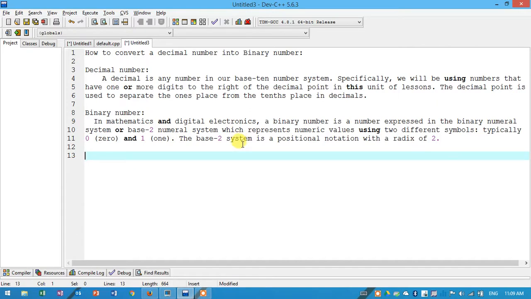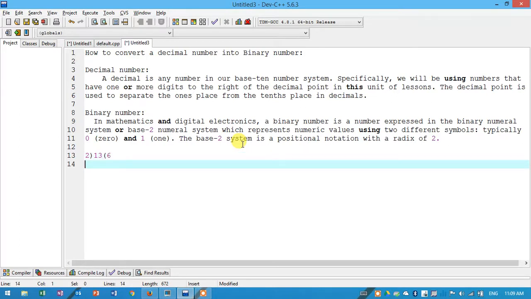To convert a decimal number into a binary number, we have a method. For example, if we want to convert the number 13 into a binary number, we have to divide it by 2. The quotient will be 6 and the remainder is 1.